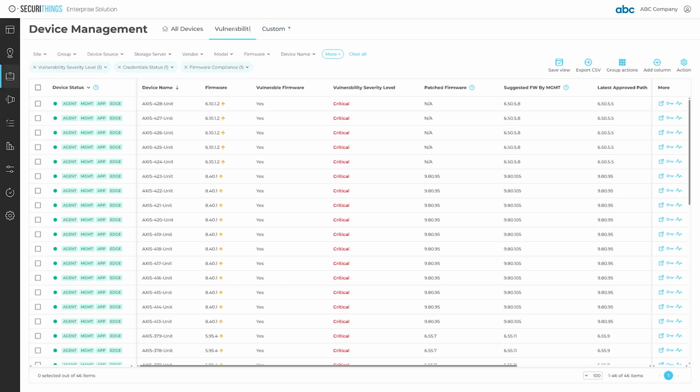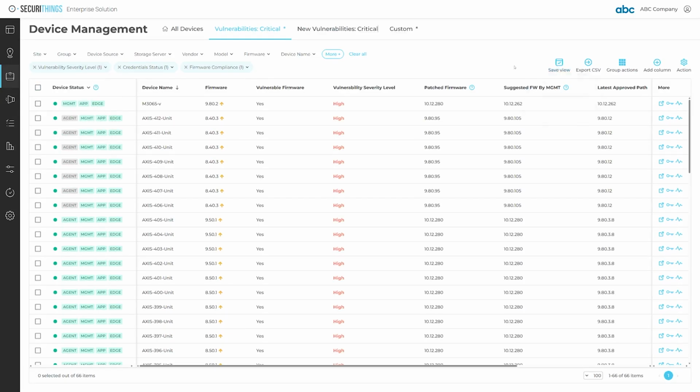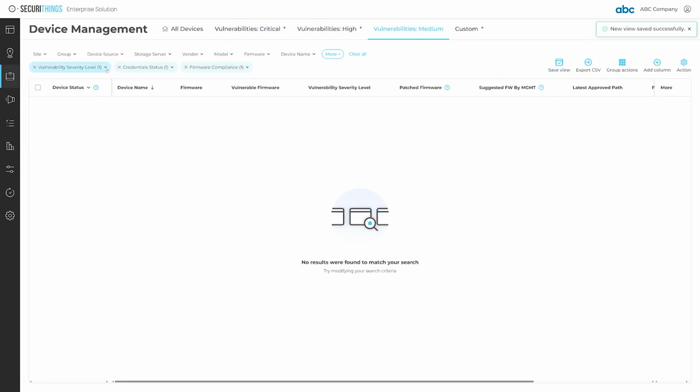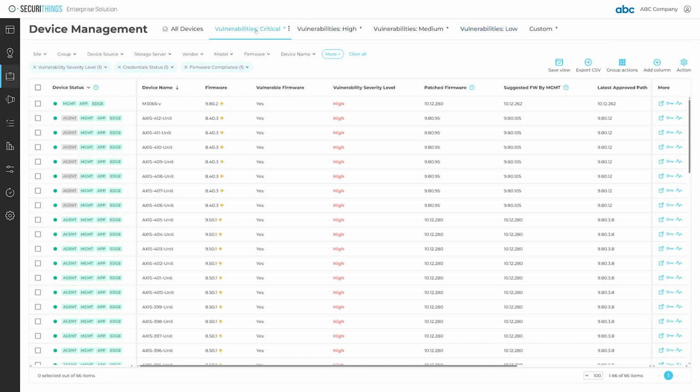Then if I wanted to run through the other classifications, I could use this as a starting point, change my filters, and save them as a new view for each classification. You can also set any view as your default, which means the next time you log in and go to device management, this will be your view. If you ever need to go back to the everything view, you can always click on all devices. And once this project is over, you can simply delete your custom views and build new ones for your next project.